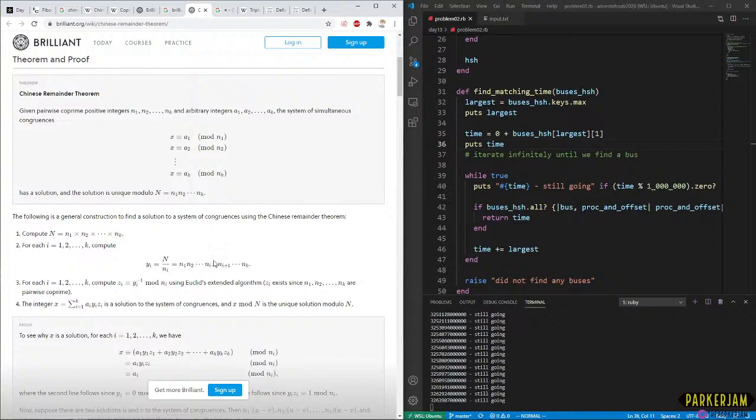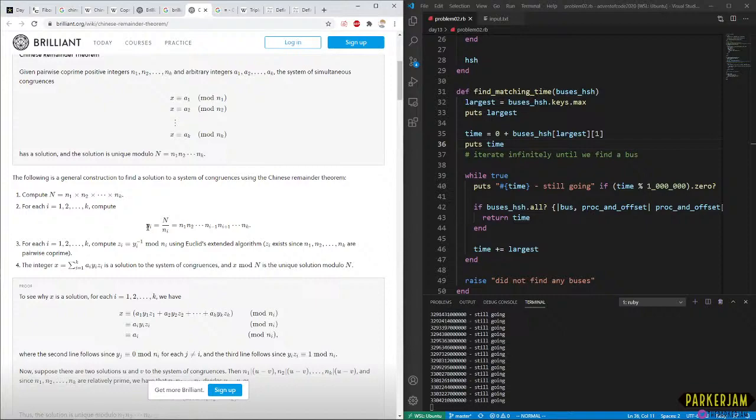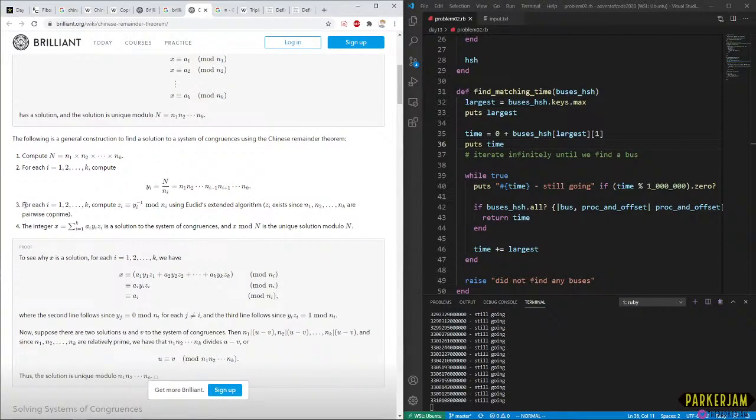This is just saying that if we divide by ni, it's no longer in the list of products. If you multiply everything except for ni, it's the same as big N divided by ni. Okay. That took me a minute to understand something that's very self-evident. For each i going up to k, compute c.